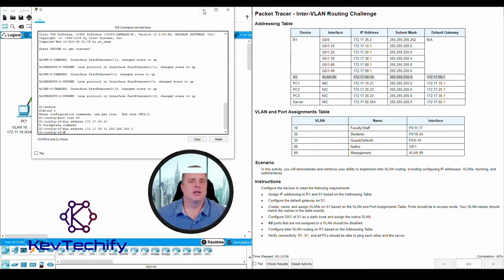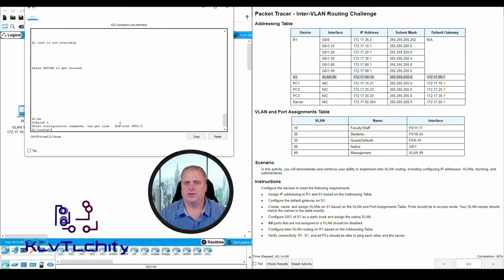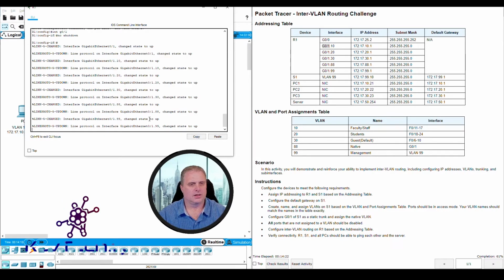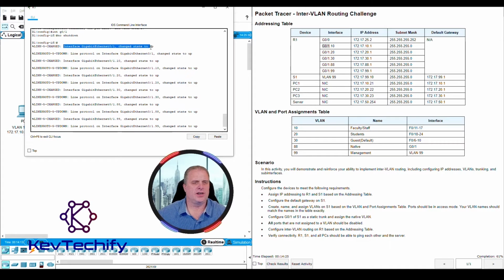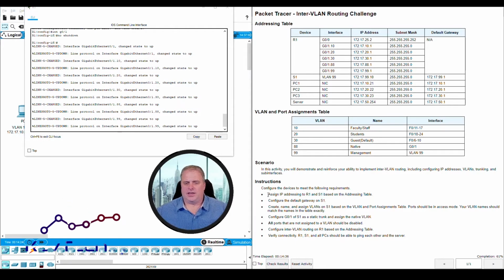I'm going to go ahead and minimize the S1 window. Click on R1. I got to log back in. Enable. Config T. I need to go into the physical interface of gig0/1 and activate that. So interface gig0/1. To activate it, that's the no shutdown command. So I do a no shutdown. And as you can see, the physical interface of gig0/1 went to up, but then all of my other sub interfaces, they also went to up. That takes us through